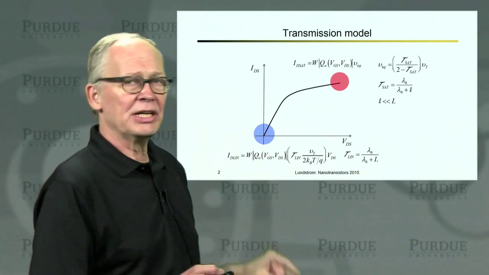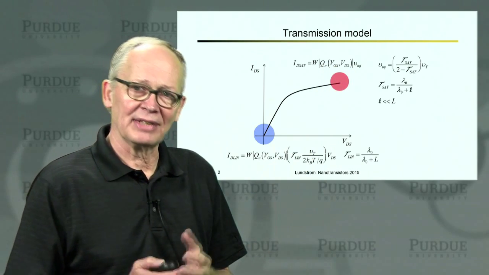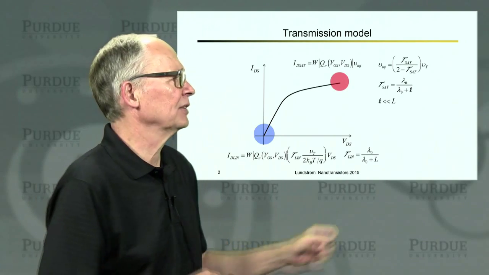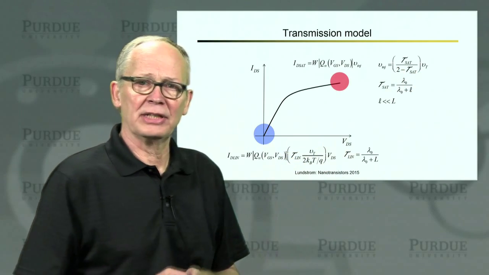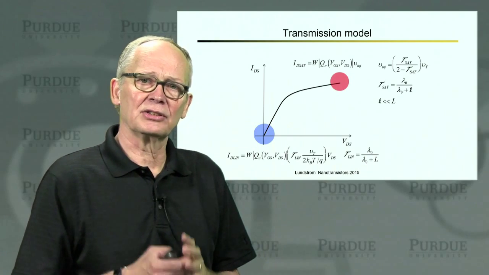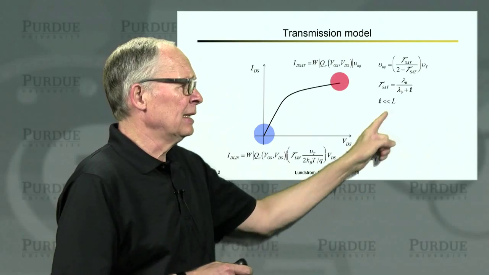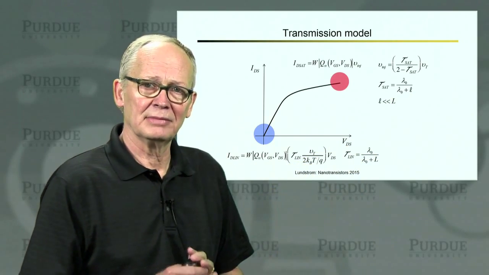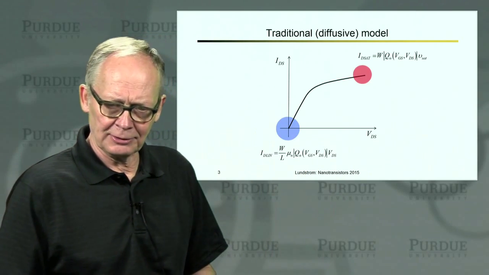In the saturation region, current is width times charge times velocity. The appropriate velocity now is what we call the injection velocity. It's the velocity at the beginning of the channel. It's related to the thermal injection velocity by the transmission in the saturation region. The transmission in the saturation region is also directly related to the mean free path near equilibrium. But the length here is the length of this bottleneck regime, which is a tiny fraction of the channel length. So that's our transmission model.